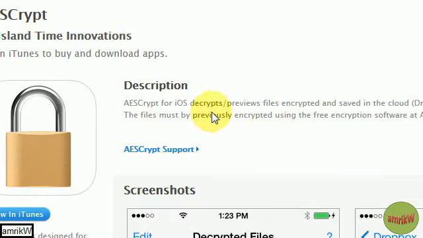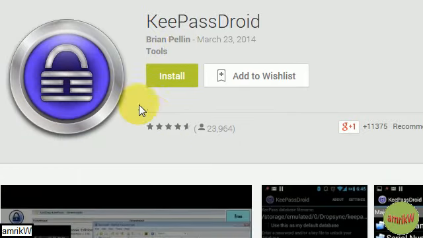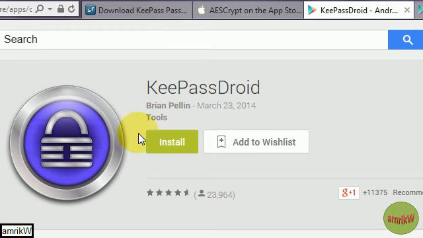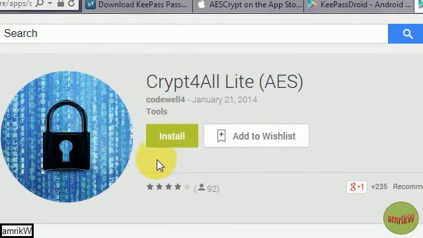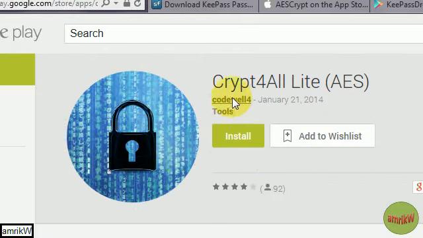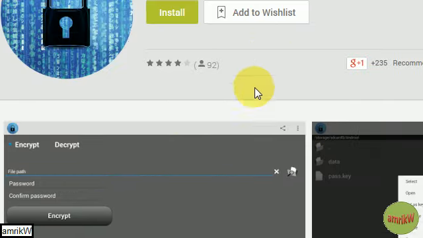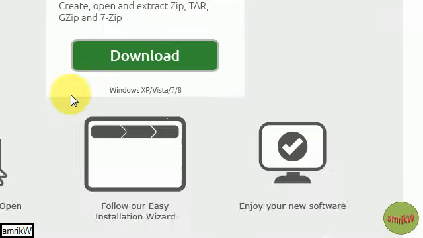AES script, which decrypts and encrypts the database or files on your Mac machine, and for the Android device you can download the KeePass Droid to install it on your Android mobile phone like Samsung Note, for example, and also on your Android device download this to decrypt and encrypt the file of the database. So that's that, right? And go back